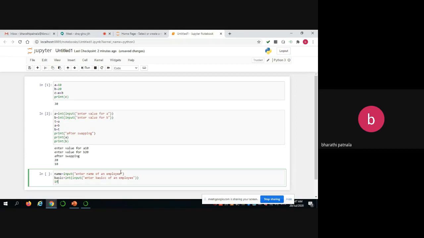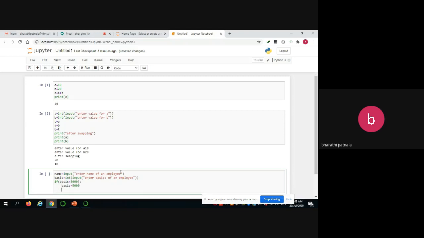If this basic is less than 5,000 and you have to give a colon, automatically the indentation moves to 8 spaces. Then simply you can change the basic value as 5,000.